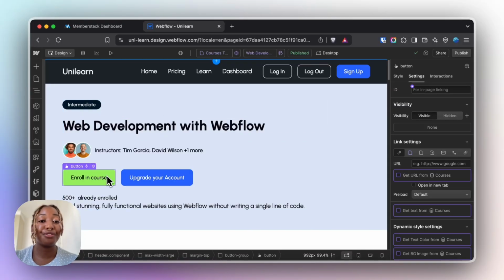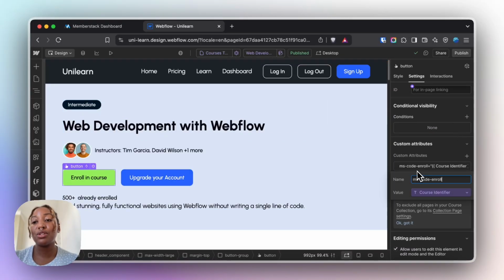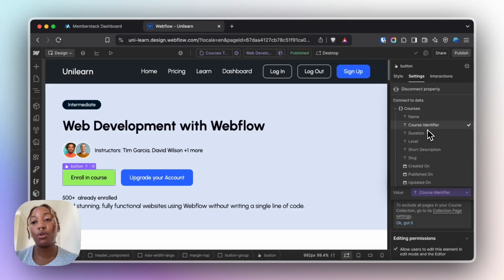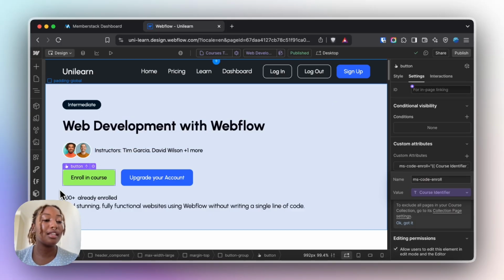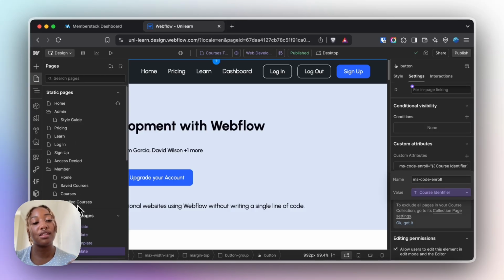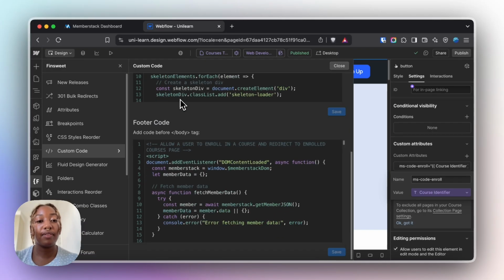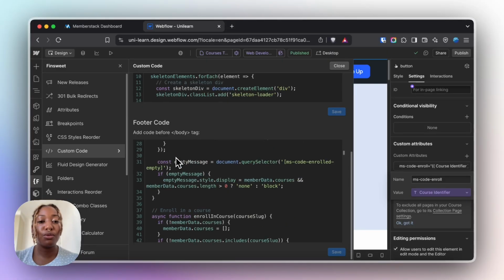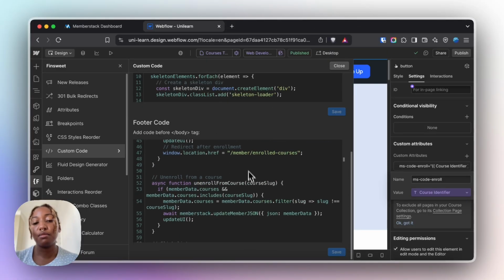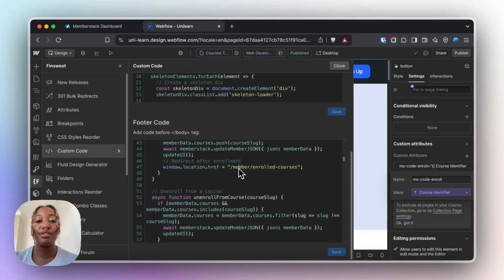So the Enroll button first has an attribute of MS code enroll, tied back to the course identifier. And there is a script that is site-wide that allows for a user to enroll into a course and then redirects a user to the enrolled courses page. Just heading over to the script over here. There's nothing you really need to change. If you do want to change the redirect link to send an enrolled user somewhere else, you can set that